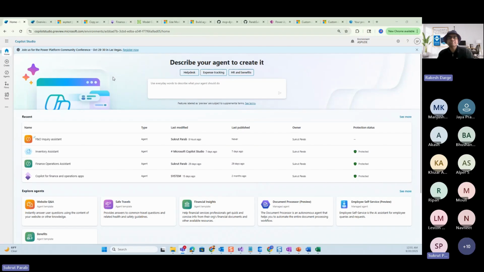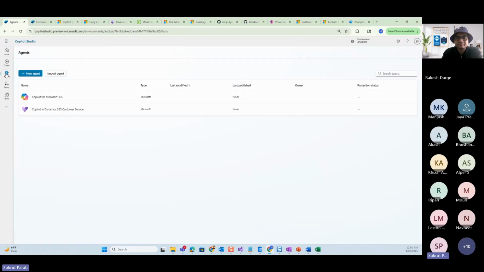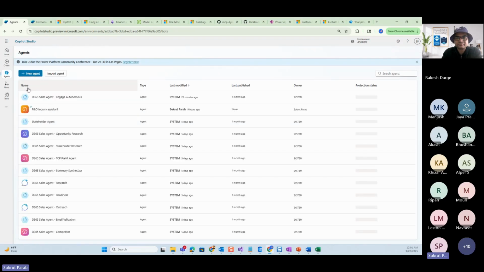Okay, yes, sir. So this is my Copilot Studio homepage, where I can create different agents. If I want to create agents, I will go to agents here and click new agent. I have created a couple of agents over here. I will utilize those for the demonstration purpose. But before that,